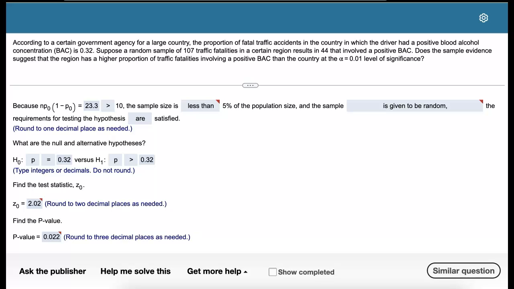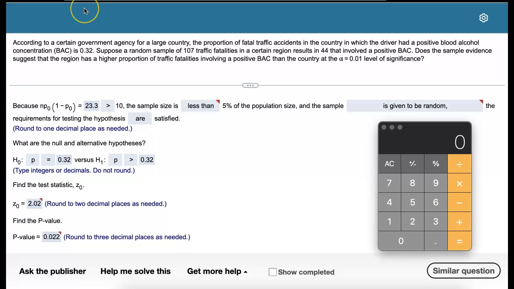The objective of this problem is to test hypotheses about a population proportion. Take a moment to pause the video to read the full problem statement. So one of the first things that we're going to do is check that the requirements for testing the hypothesis